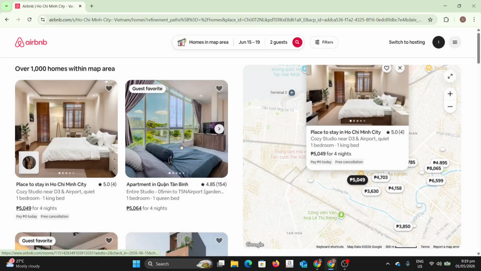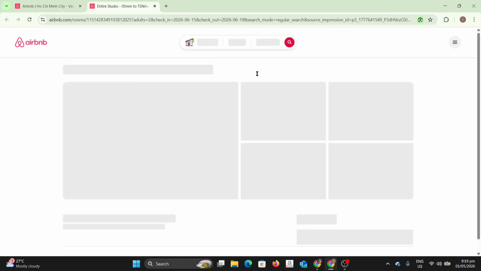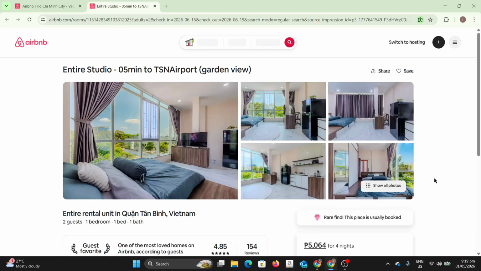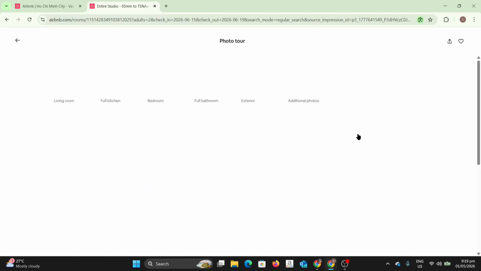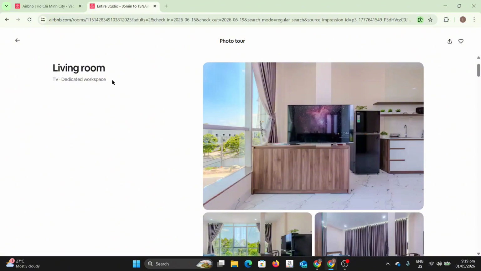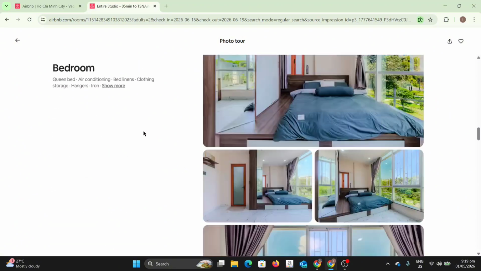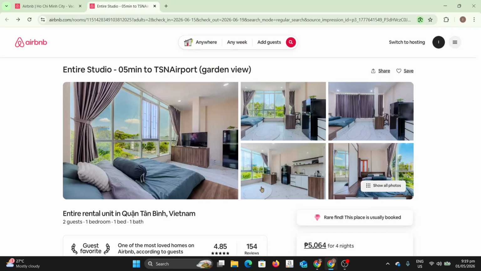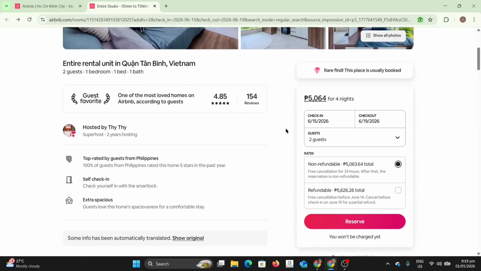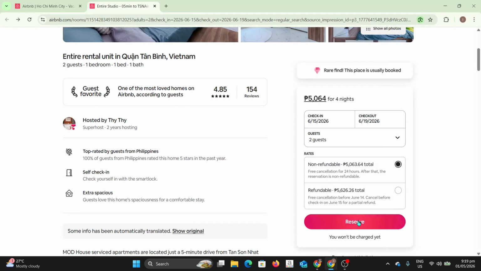So for example, I want to rent this Airbnb or check it out. I'll simply select it and then go ahead and view the photos of this Airbnb, such as how big it is and the amenities offered by it. Now, once you have selected this, simply select reserve so you can go ahead and